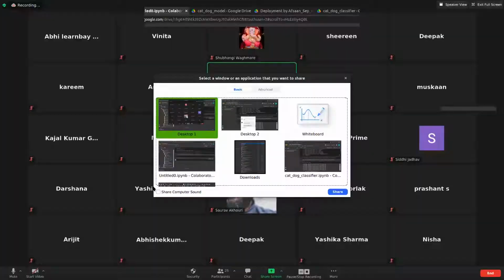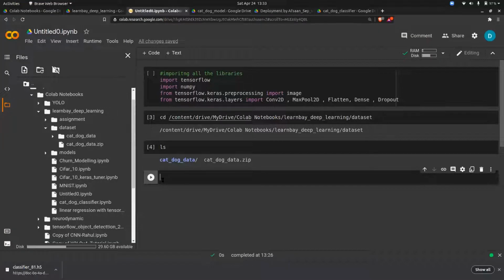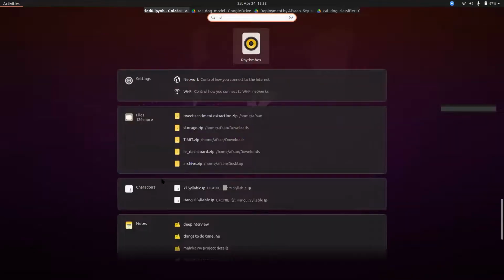The next thing you have to do is unzip this, because we have all the data inside this particular file. To unzip, we have to use a command. Does anyone know how to unzip a zip file using the command line in Linux? Mukhtar, could you please share? Is it gunzip? Gunzip, if I'm not wrong, but I don't remember.